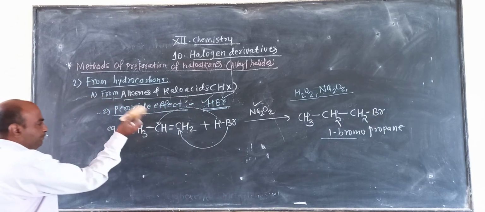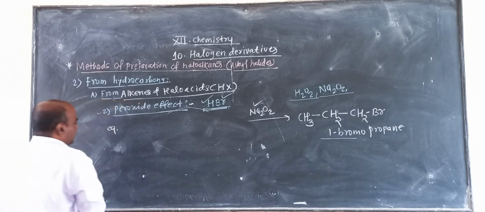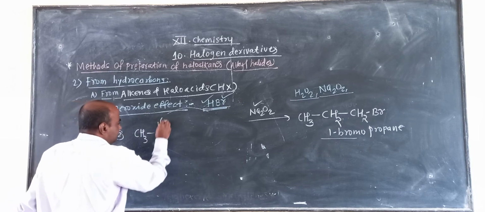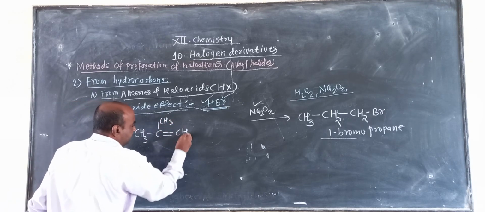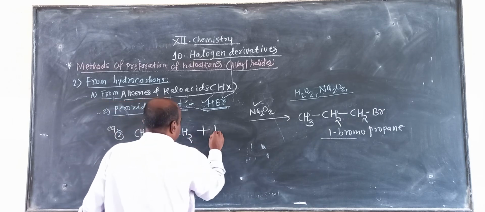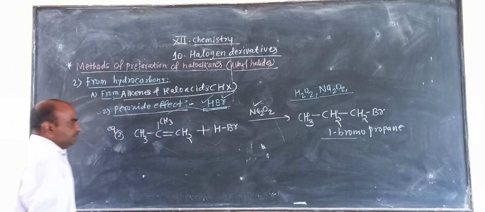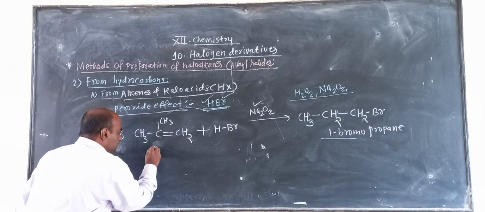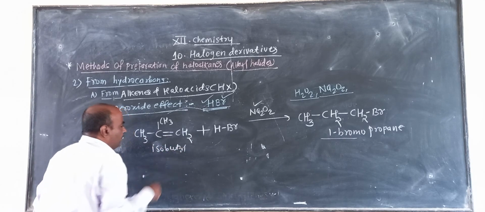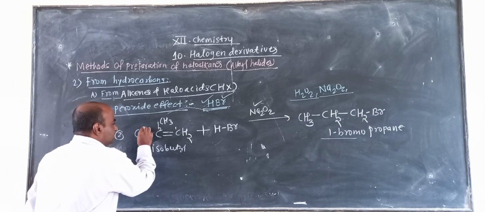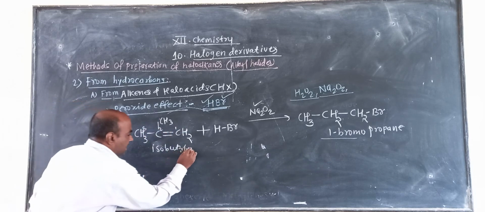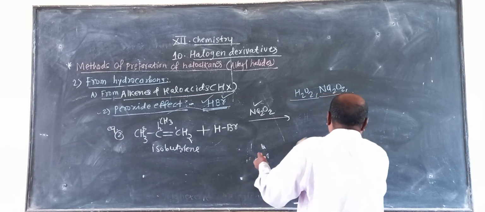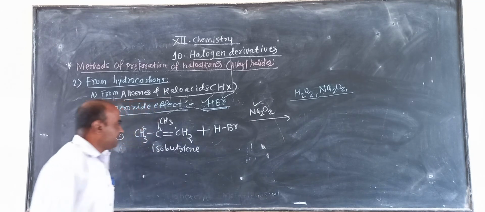Okay, now if you take another example, take isobutylene, CH3C(CH3) double bond CH2, and it undergoes treatment with the halo acid HBr. See here, this is the structure of isobutylene, carbon 1, 2, 3, also called 2-methylpropene or isobutylene. When it is added with HBr, see here what the expected product is.